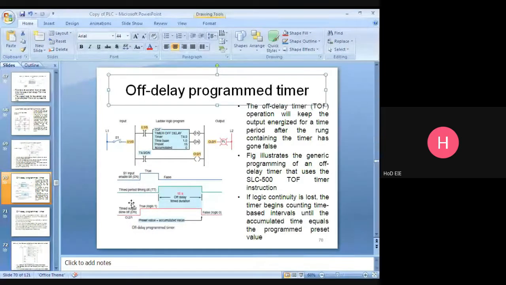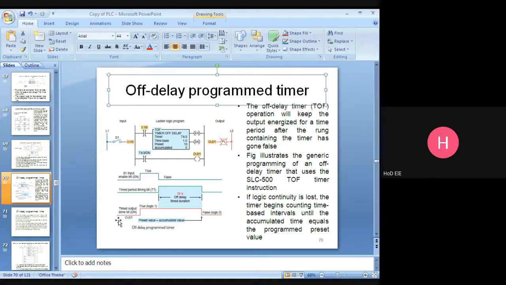At that time, the timing bit will be 0 only. Now, the timer is not timing. When the input is 0, the timer is not timing. So up to this point, the timing bit value will be 0. Timer is not timing.